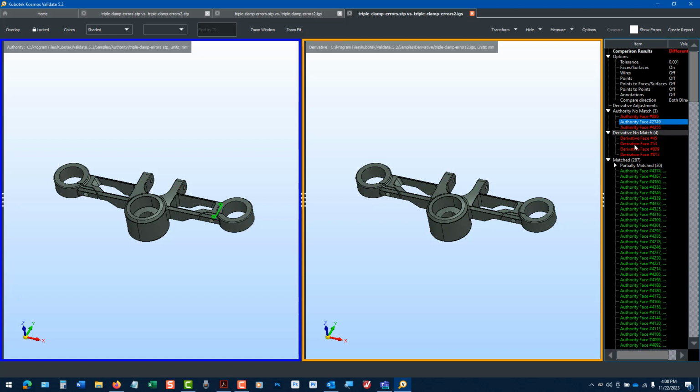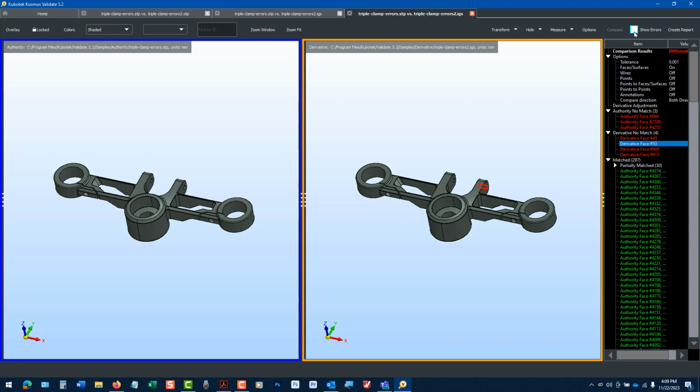You can click on a feature and it'll highlight over in the graphics window. And we did a double validation of the authority model to the derivative model and going the other direction, the derivative model to the authority model. So that's why we see the two different options and the two different highlighted features.